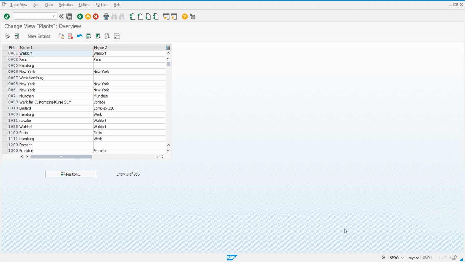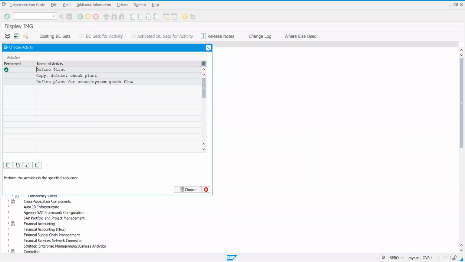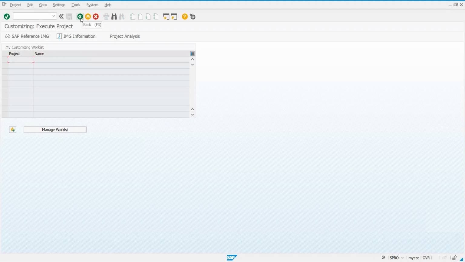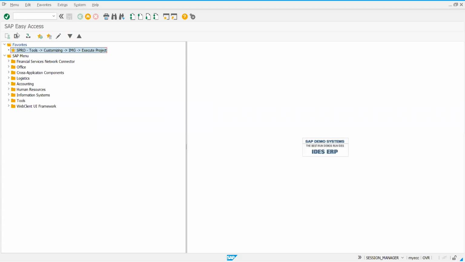What is this OX10? It's a transaction code. I'll show the use of it. Now observe here. I'll come back to the home screen. So this is the home screen. This is a cell where we can enter the T code. Observe this /n for new, and the T code is